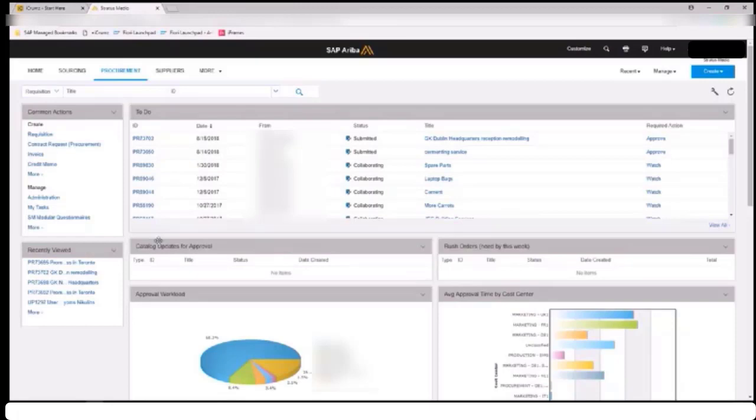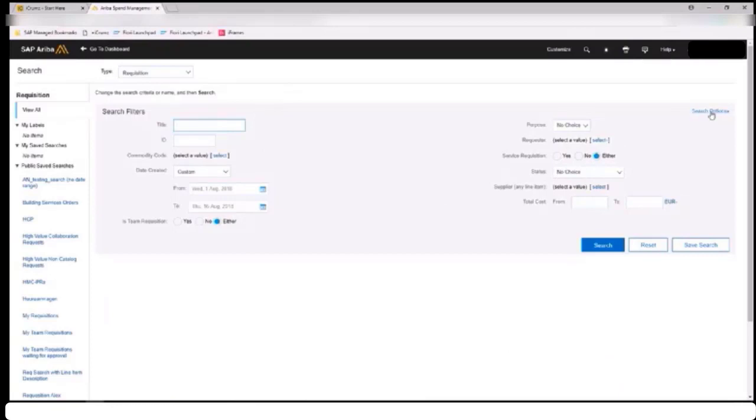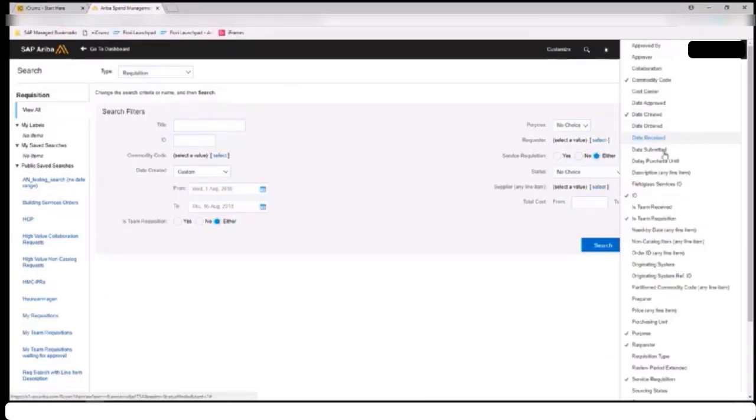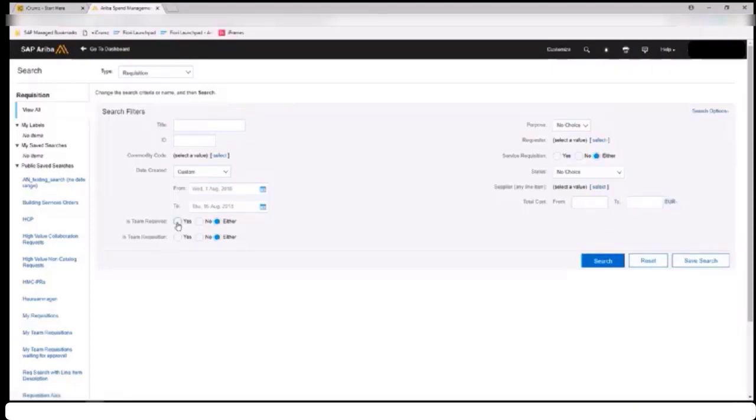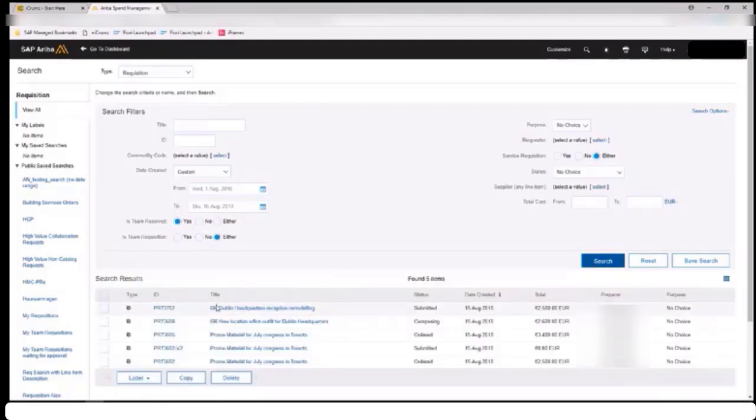I'm now going to demonstrate to you how to receive as a team member. So I'm going to search for an available requisition to team receipt. Previously, we mentioned that there are additional search parameters. So we need to ensure that is team received is ticked. I'm going to select yes for this option and search for available requisitions to be team received. I can see that there's one requisition that is in ordered status. So I'm going to select this requisition,